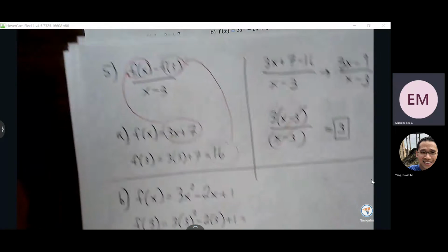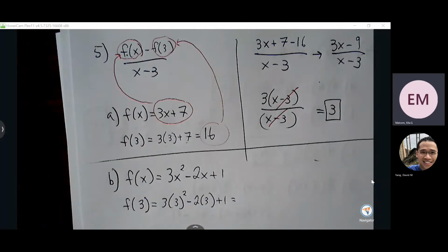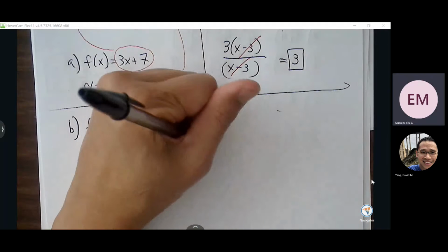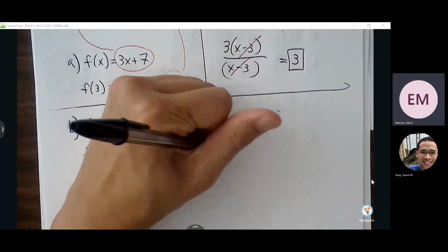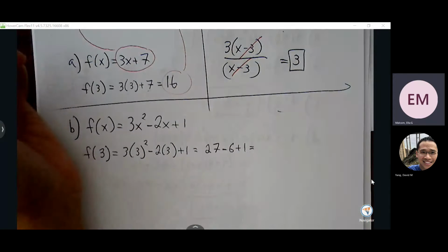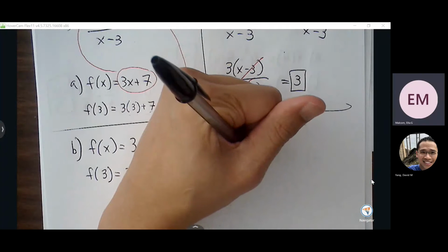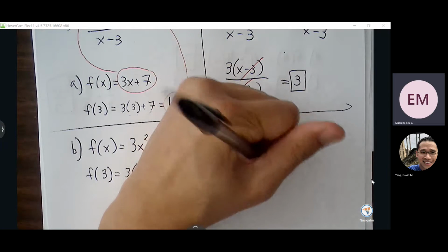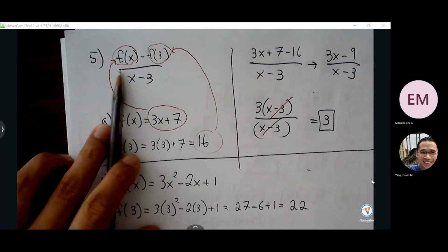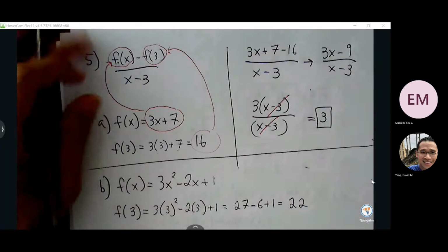Okay, so 3 times 3 squared is 3 times 9, so 27 minus 6 plus 1. So that's 22. So 3x squared minus 2x